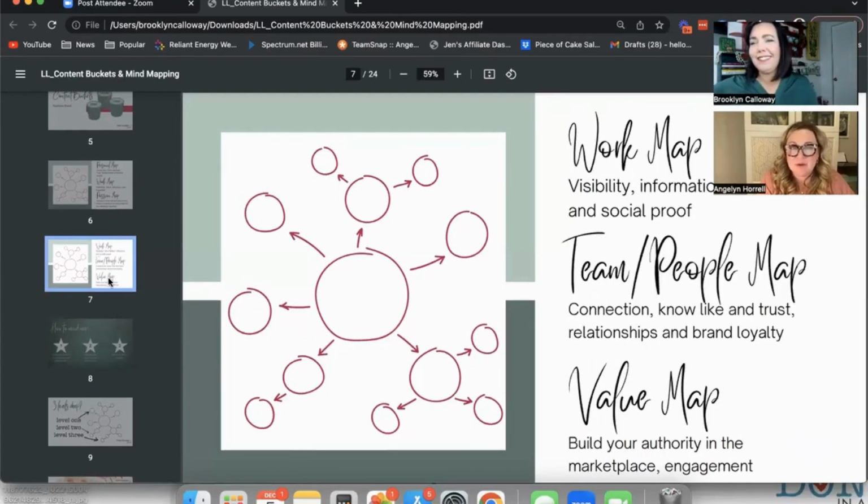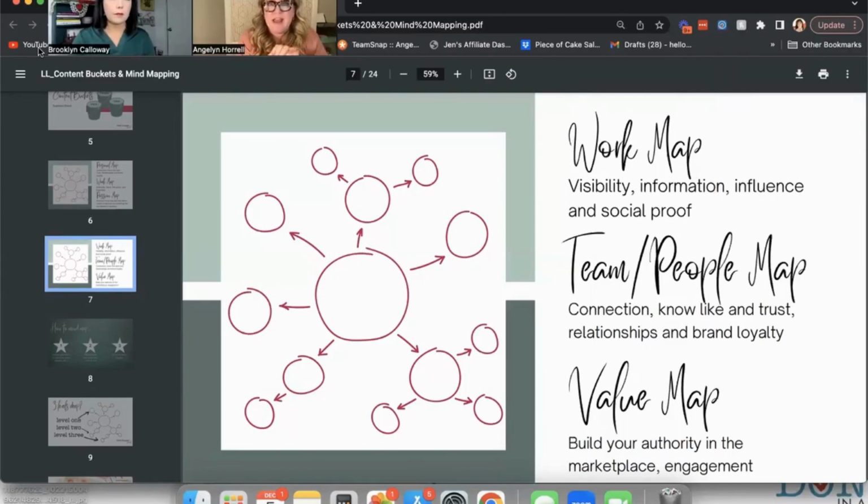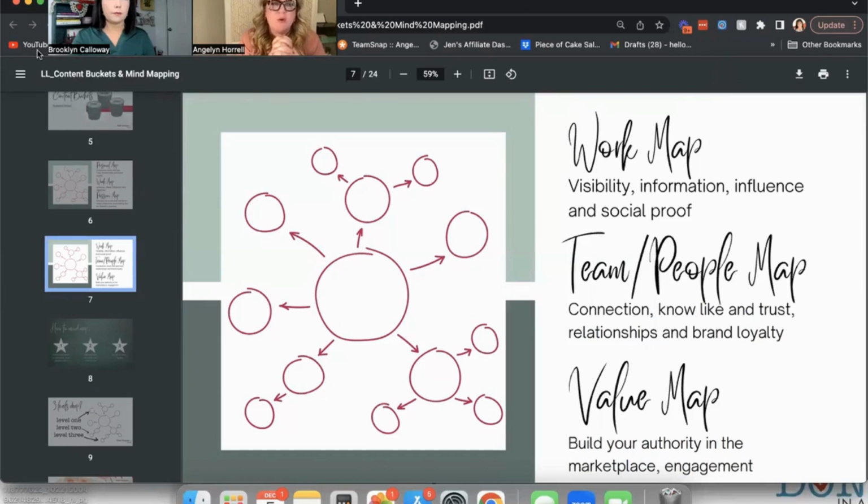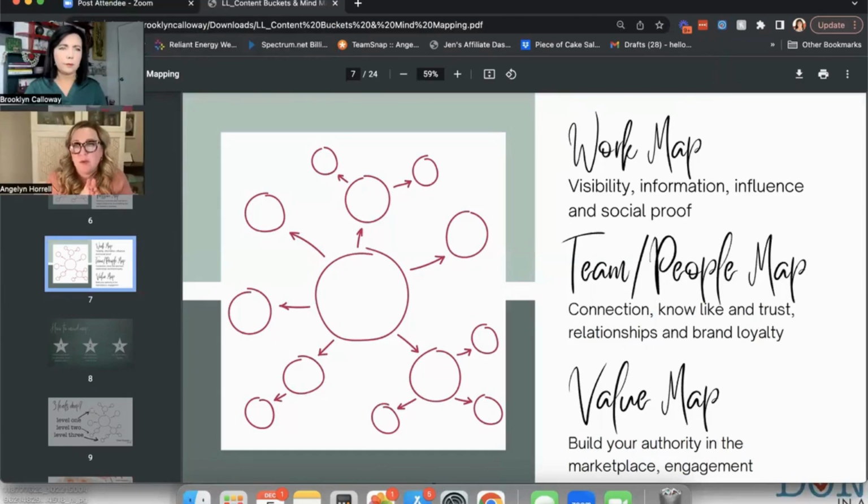And with, okay, so if you are a business brand, just a little bit deeper dive, like the work section, because people always say, well, I don't really understand what I need to say about work. Well, this is important for you to talk about, like social proof. So you want to show referrals, recommendations. You want to talk about how people can work with you. Do you have a sale or a special or a promotion coming up? You want to talk about your product, whatever it is that you sell, or why you are good at what you do. That falls under your work map. Remember, that's about 30%.